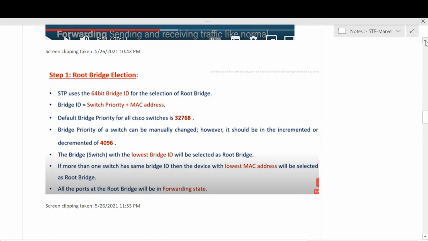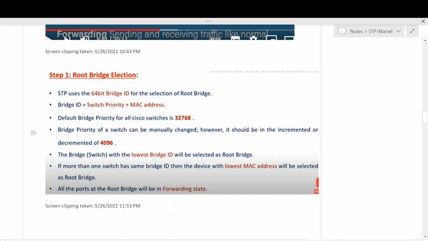That's the whole strategy. The first step is selecting the root bridge. The bridge ID is 64 bits. It is a combination of priority plus MAC address. The priority is 32768, and the VLAN ID, up to 4096, is added along with this priority. In the election process, the lowest bridge ID becomes the root bridge.